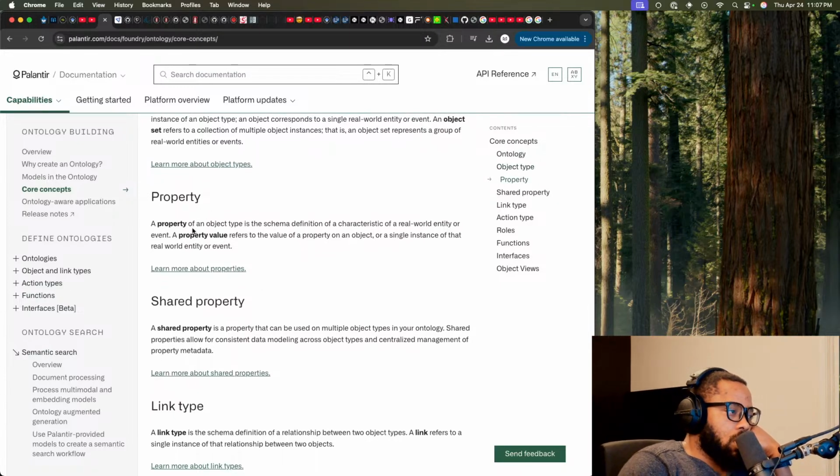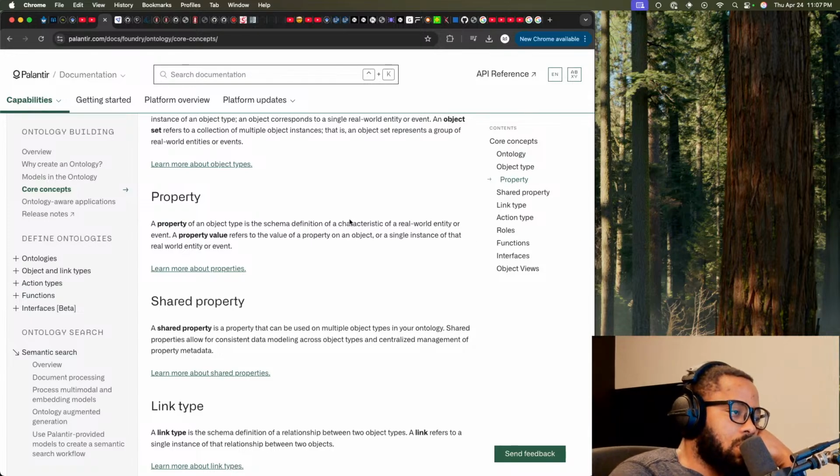Property. A property of an object type is the schema definition of a real-world entity or event, or a characteristic. I think I missed that part.